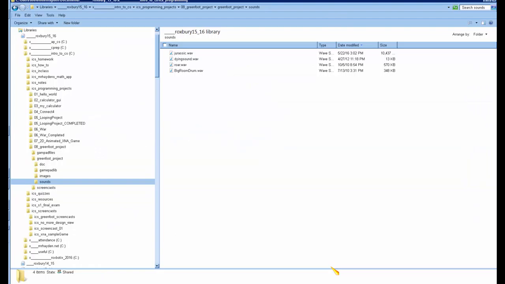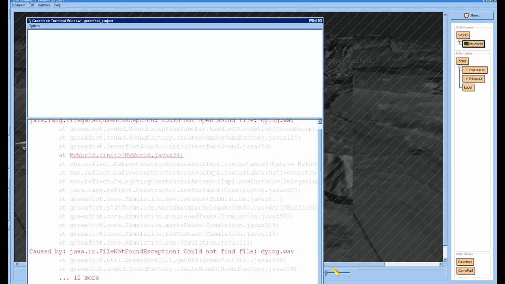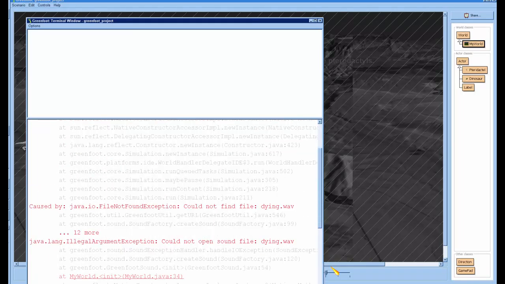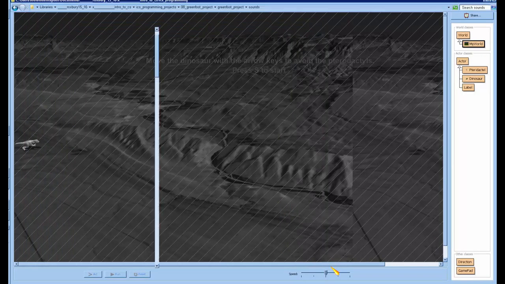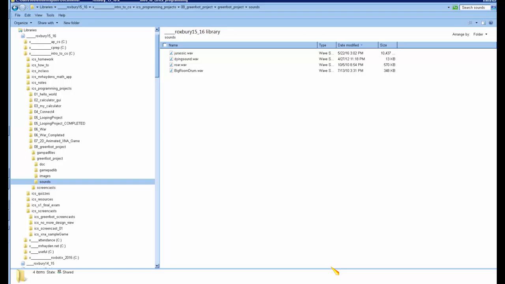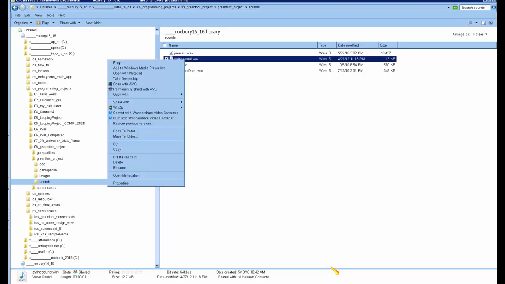So now if I go into my project, interesting. Oh, cannot open dying.wav. Let's see, do I have it there? Oh, it's dying sound.wav. Let me rename it.